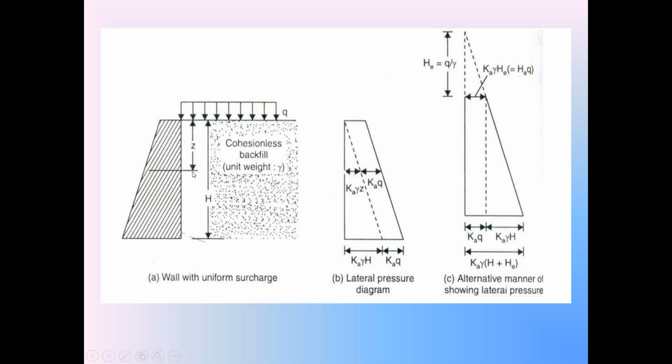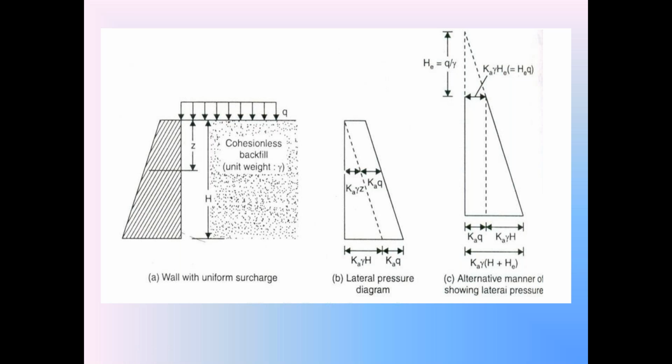So the total vertical stress here in the backfill, including the effect of the surcharge Q, is given by sigma V is equal to Q plus gamma into Z. That is the vertical stress, sigma V. So please everyone check that vertical stress sigma V inside the backfill at a depth Z from the top of the backfill when the backfill is subjected to this surcharge. So at this point, the vertical stress sigma V is equal to Q plus gamma into Z. That is the vertical stress.